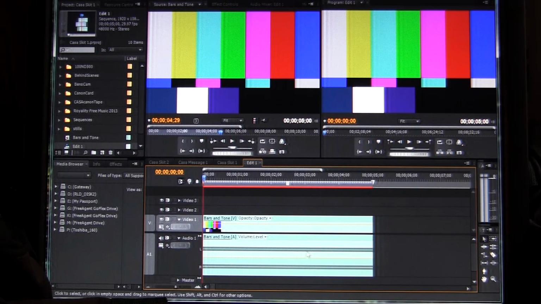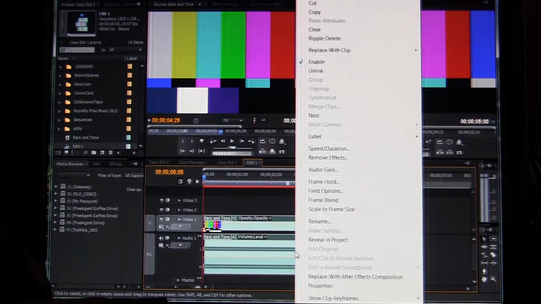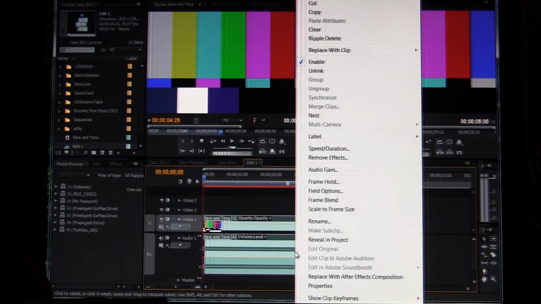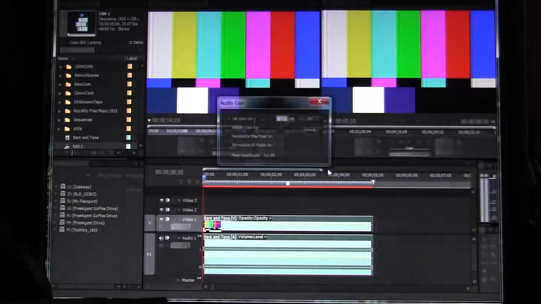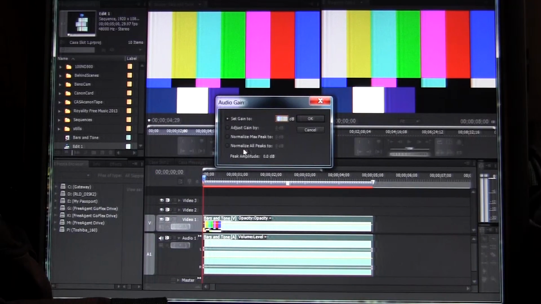But now if you go over your audio here and right click, it brings up a whole bunch more options. And one of my favorite ones is audio gain, which is really good. Speed and duration is good depending on if it's voices or not. You don't want to speed it up unless you want a chipmunk sound, but that's a nice option right there. But this audio gain right here pops this up, and you can type in a number here,